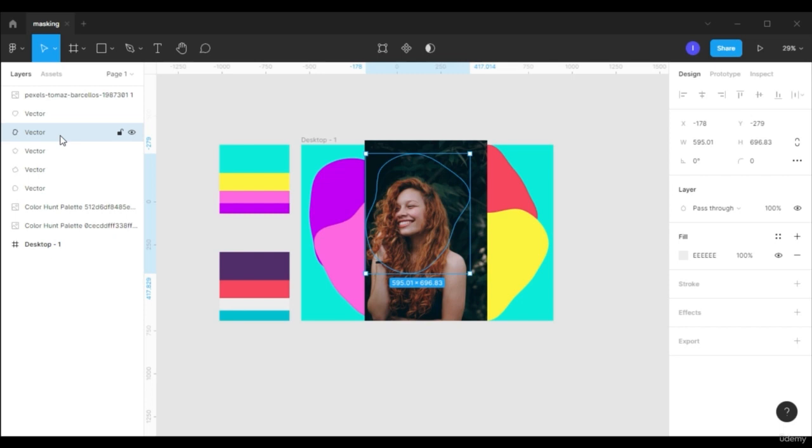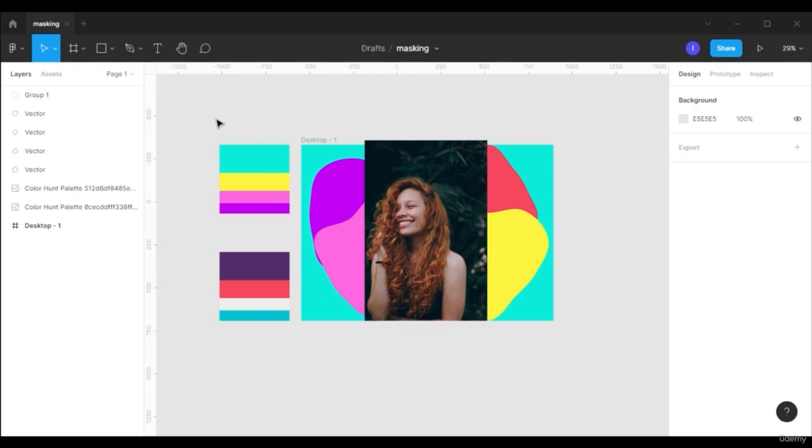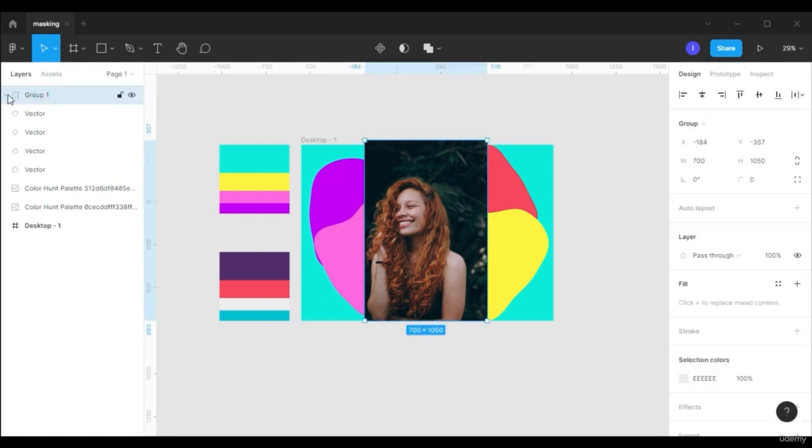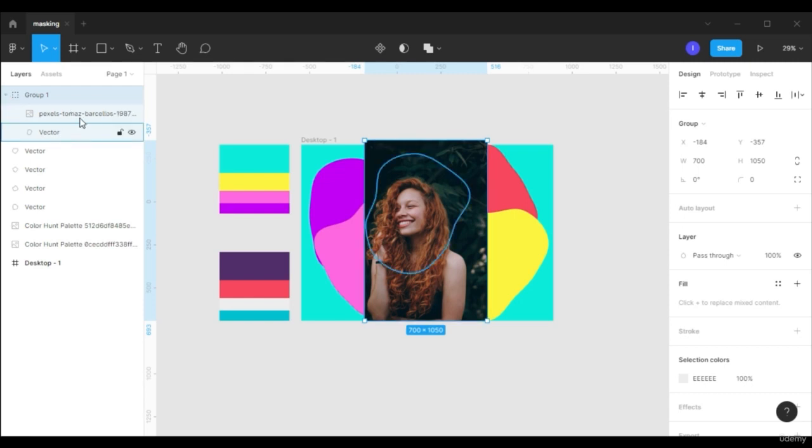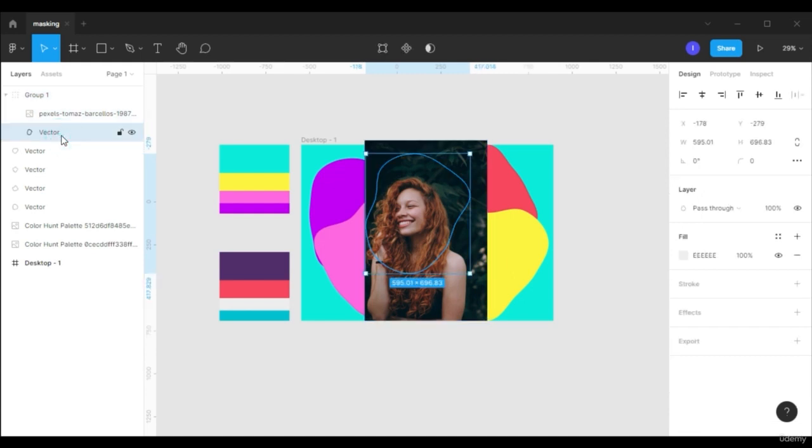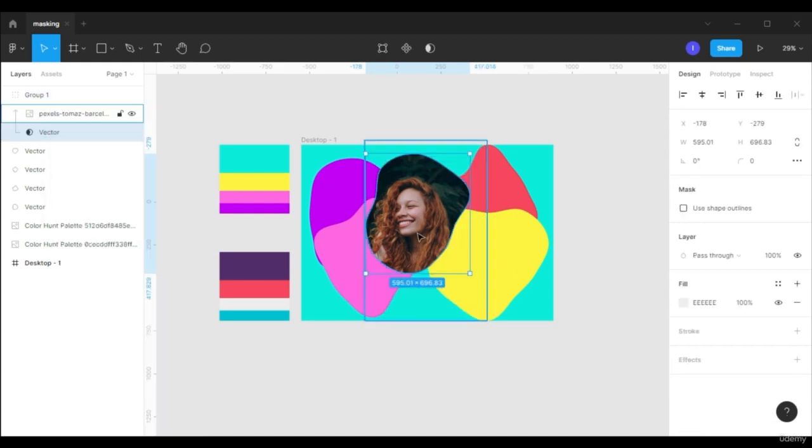To do that, select the vector where you want to place your image and select your image, and now group them using Ctrl G. So it is grouped now. Just go to the group. We grouped two things over here. The first one is this image, and the second one is our blob. So select the blob, right click on it, click on use as a mask,